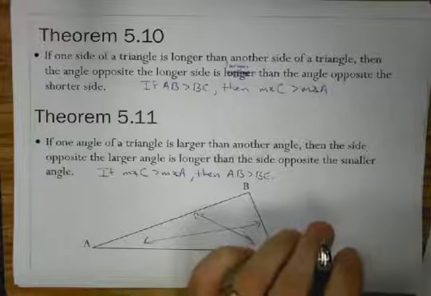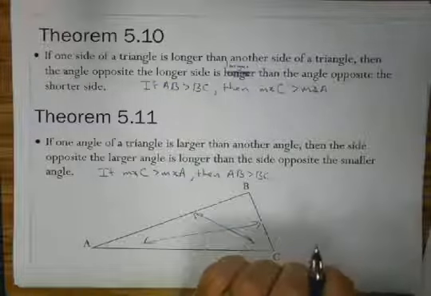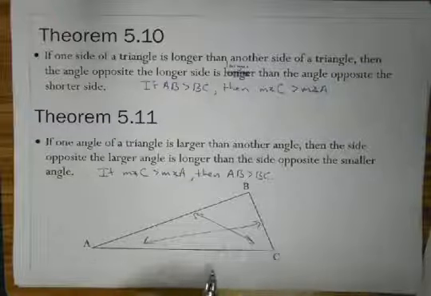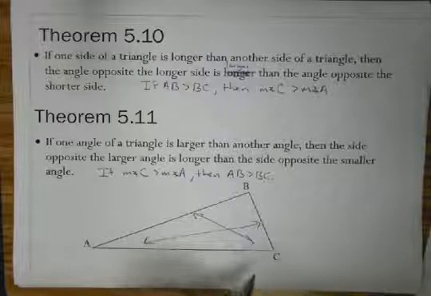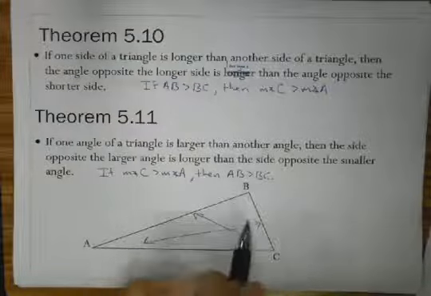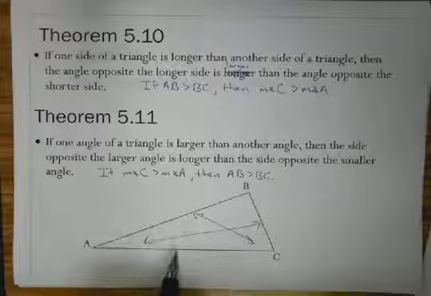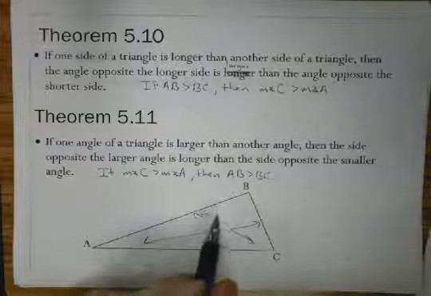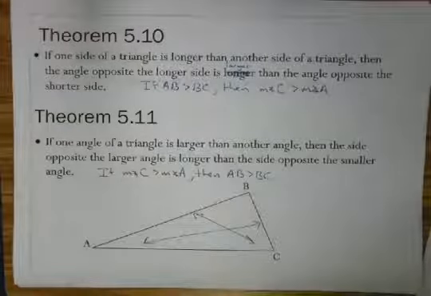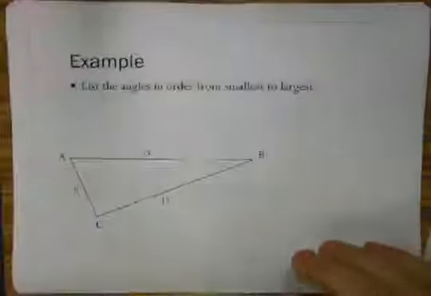So if the angle and the side of the opposites together are bigger values, they'll be bigger than the sides and angles that match up for another pair. Now, this only goes two at a time. So I compared those two. I didn't really do anything with AC or angle B. And I could have. I could have said something about BC and AC and then had another statement about A and B. I could have had a statement about AB and AC and then had a statement about angles B and C. But we're really going to put all of these together because just by comparing two at a time,